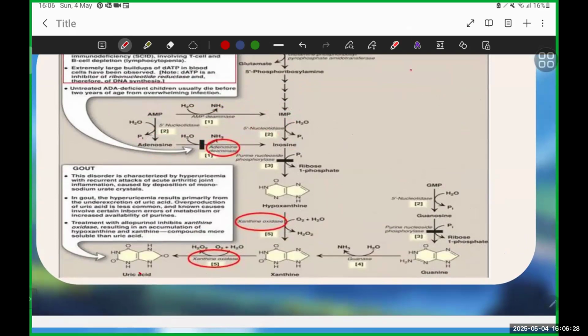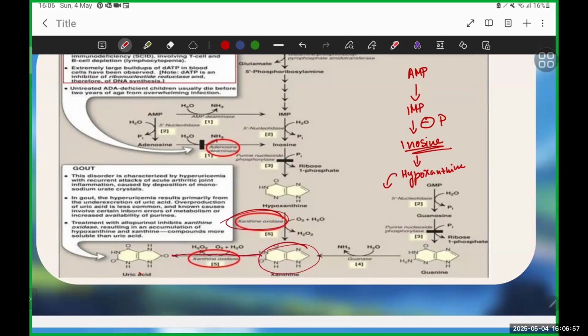Okay, again, you have AMP. All right, you're reversing the thing. You're going to go back to IMP. IMP is eventually going to turn into inosine because you removed the phosphate. Inosine turns to just its base, hypoxanthine. You see, this is the whole reverse process. Hypoxanthine, and then hypoxanthine has this enzyme, xanthine oxidase, turns to xanthine, and then xanthine oxidase again,